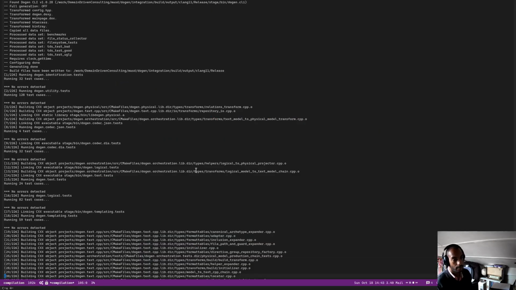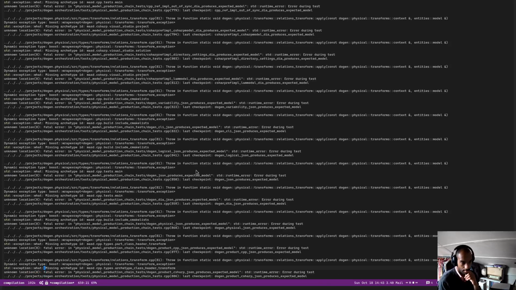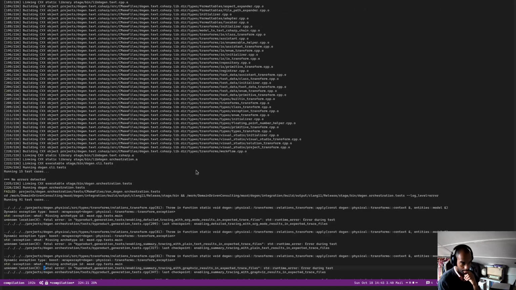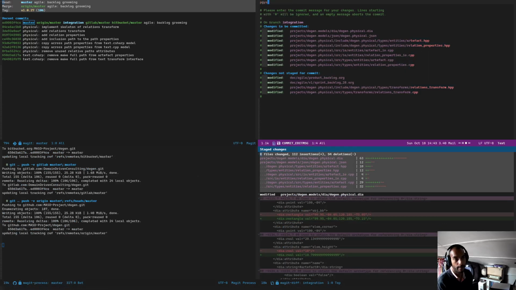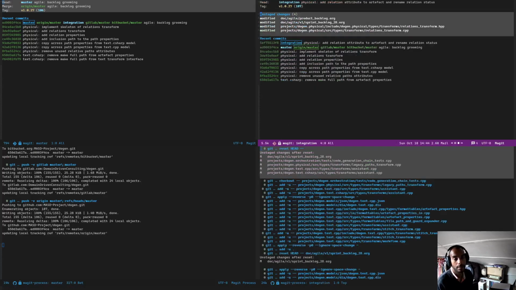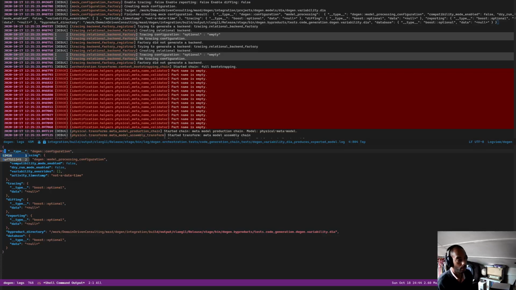let's have a quick look at what's going on here. Right, what we can see here, well, let's just separate this into two things. First thing is we have done some changes to the physical model. Add relation attribute and rename relation artifact status. Okay, so these are two very simple changes that don't really require a lot of thinking. We know those are good. However, problem is